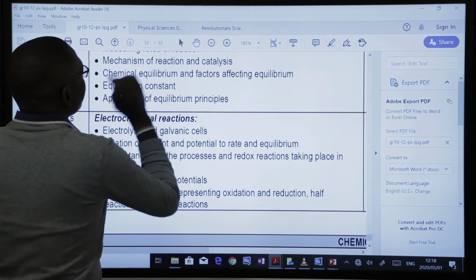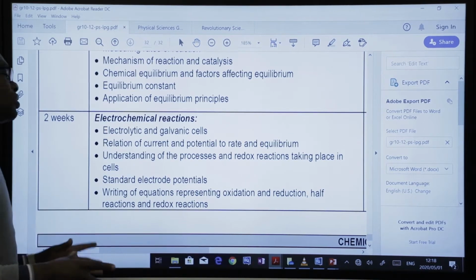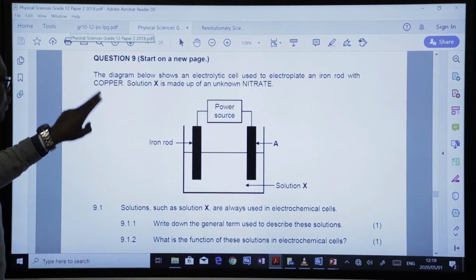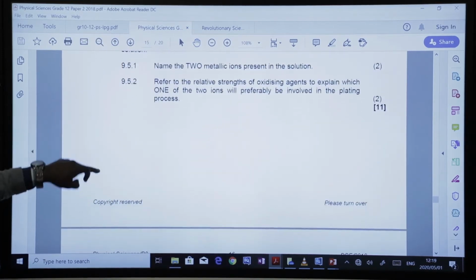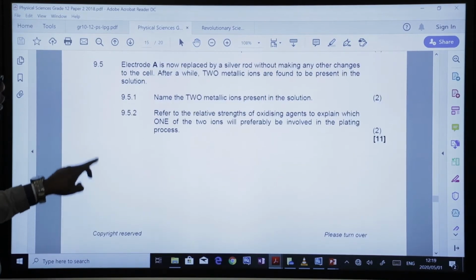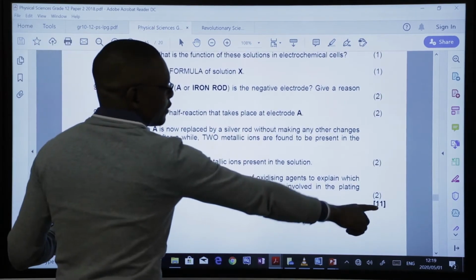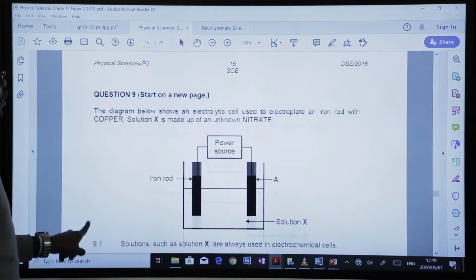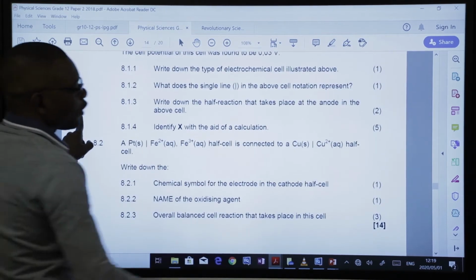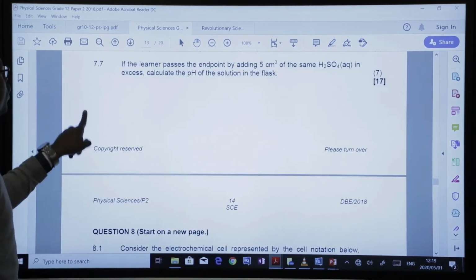If you are wondering why we are emphasizing this electrochemistry section so much, if you look at our past paper, this is question 9, one of the last questions, second from last. This is also an electrochemical question, and see how many marks: 11. If you go to question 8, it's yet another electrochemistry question. And how many marks are there? That's 14, to make 25. If you go to question 7,